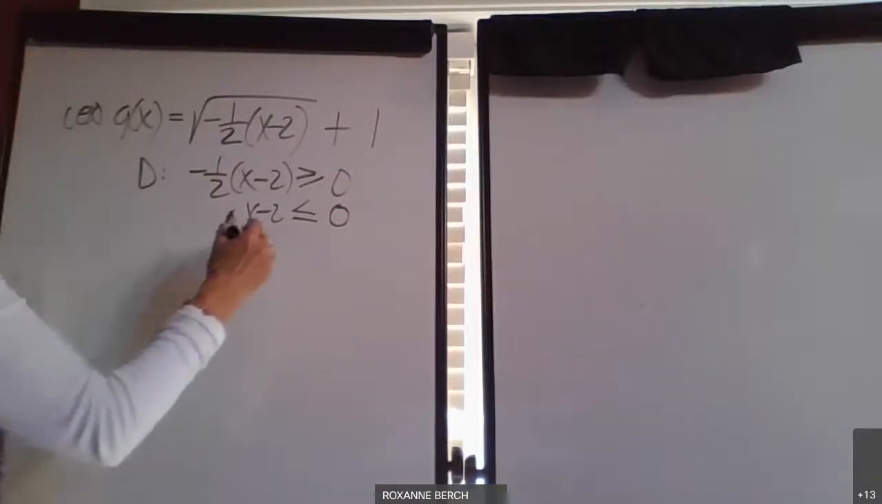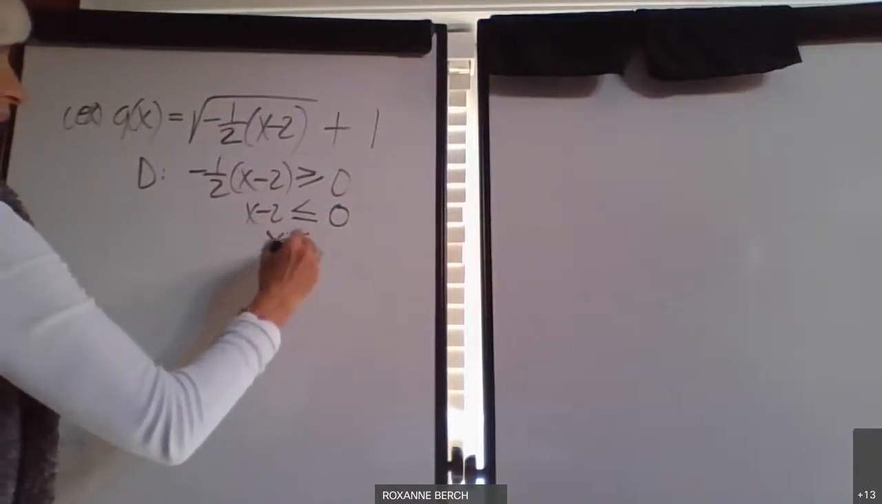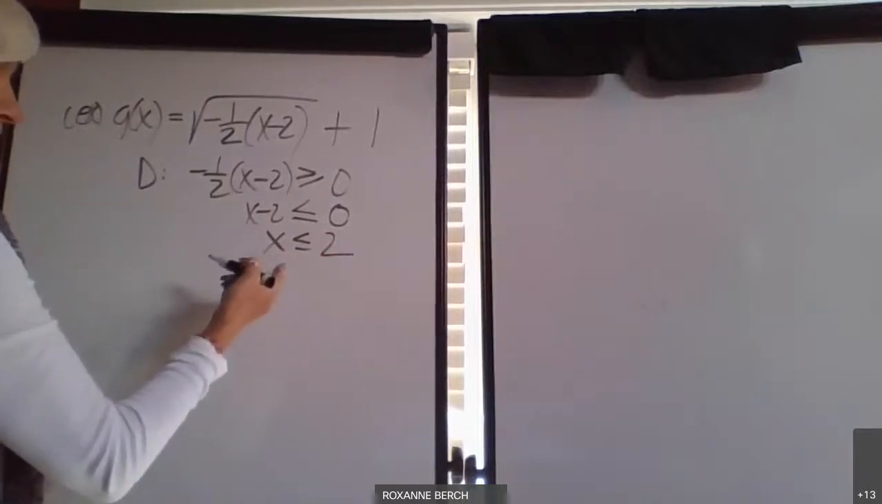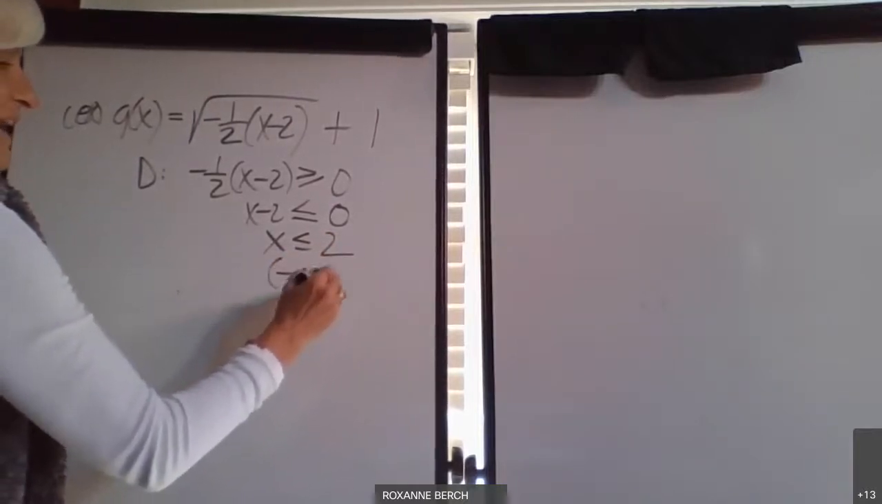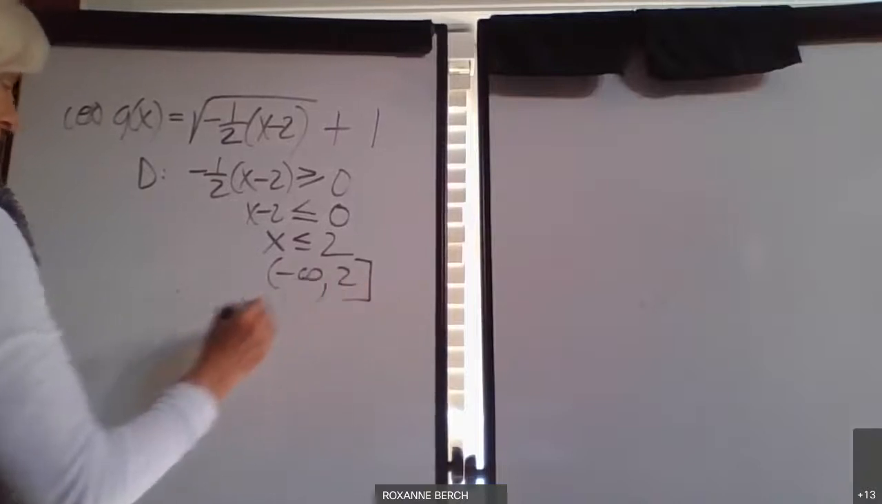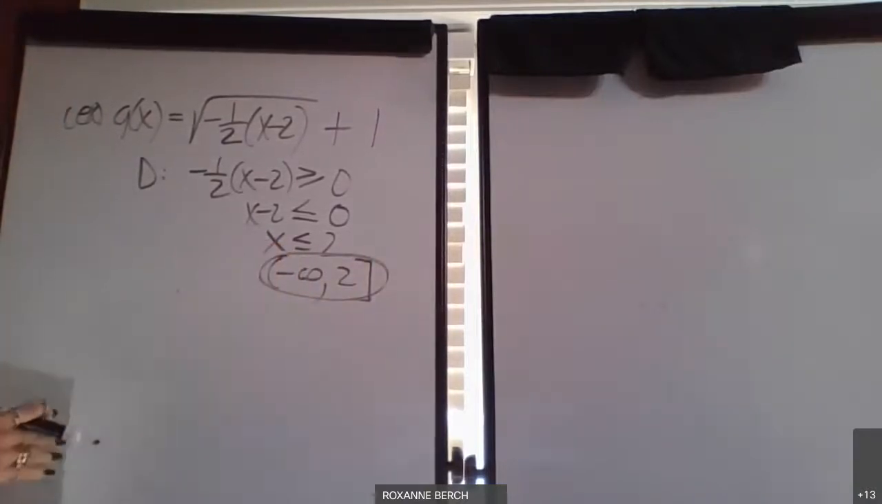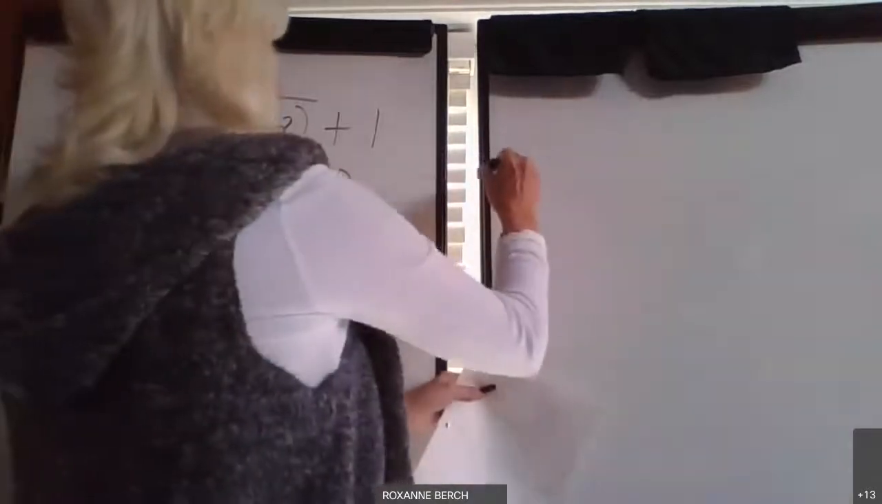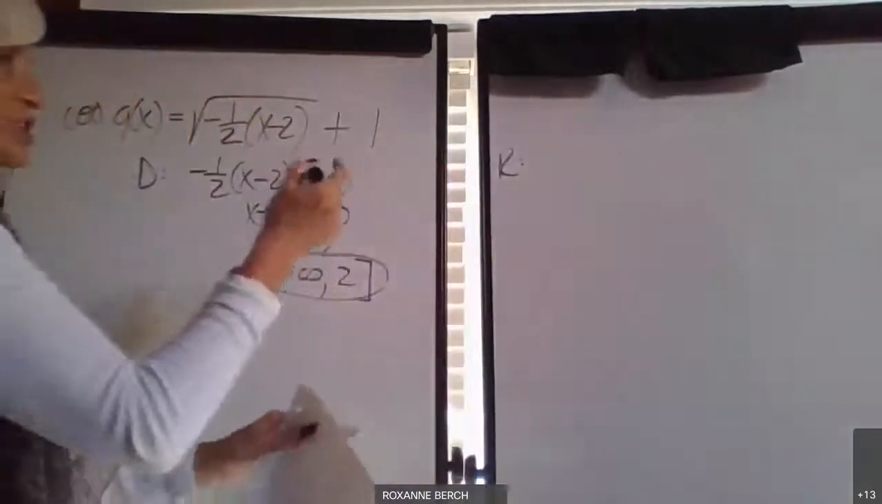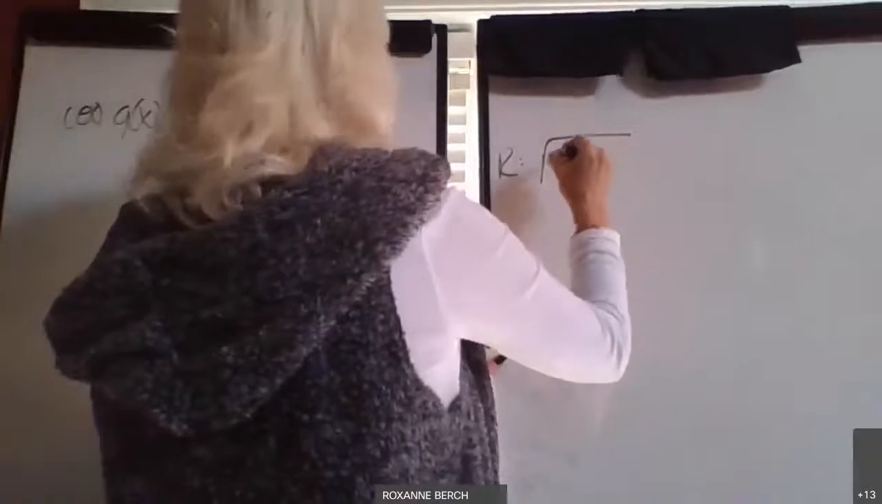So now we solve for x, so we add 2 and add 2. So this is saying the domain is -infinity up to 2 closed. And this is correct, by the way. So that is correct. If we want to find the range, we take the radical